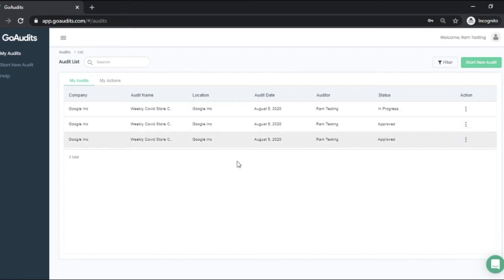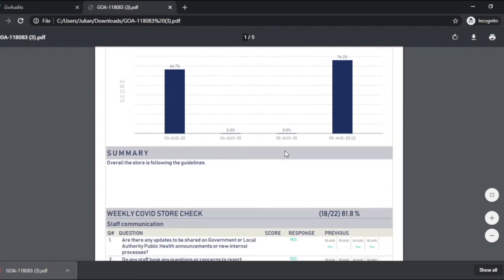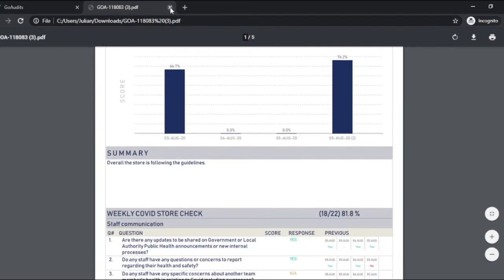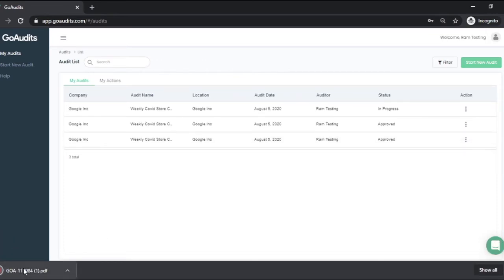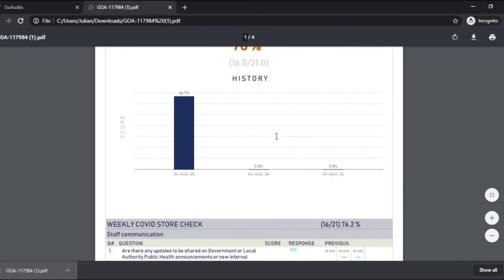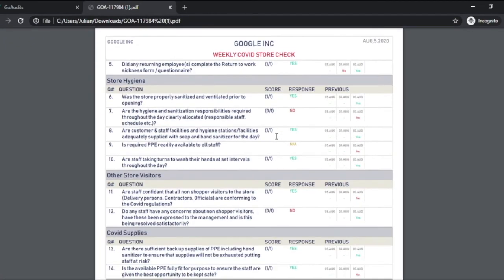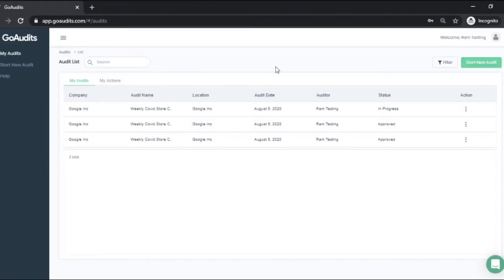I can download the report from here. This is the one that we've just completed. And we have the second report that we have completed from the mobile app. So I can still download the report and have a look at it. Here we are. And you'll be able to see the same report received as an attachment in the email that has been sent